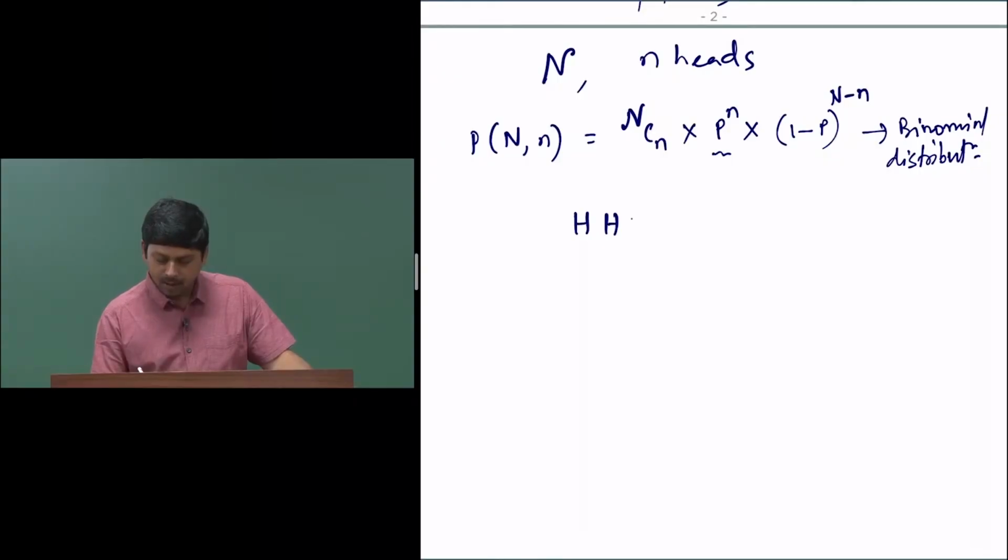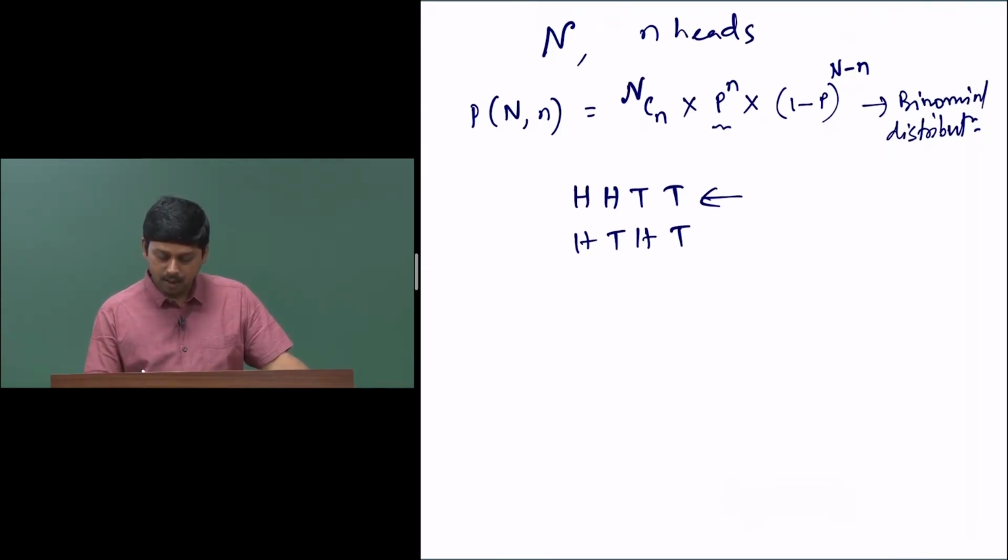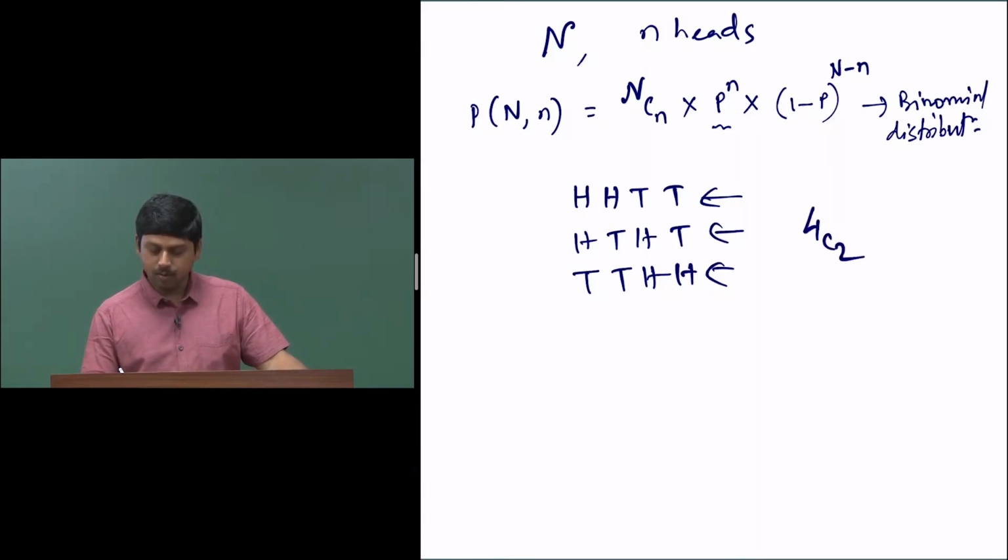That scenario can arise from many different possibilities. This situation will satisfy it, this situation will also satisfy it, and so will this. Out of 4 C 2, that means 6 possible ways, we can